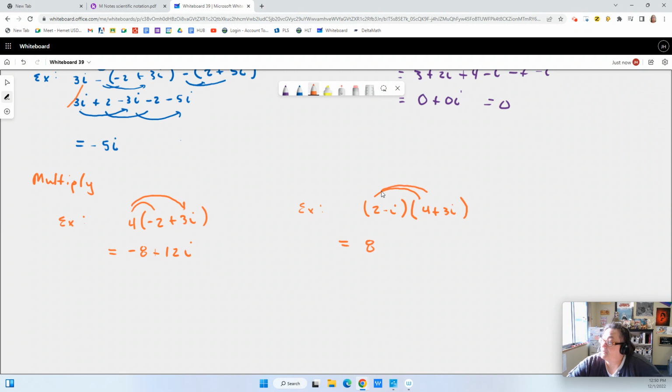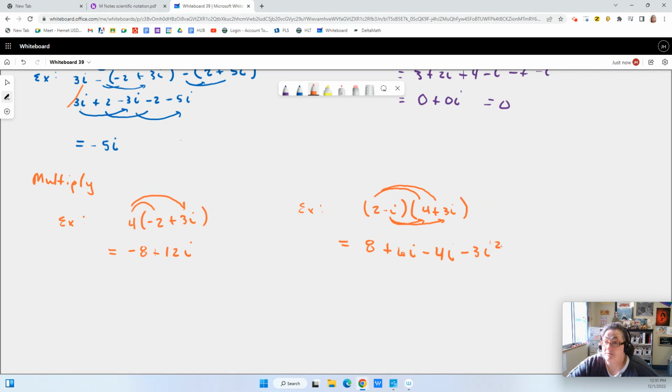And then we're going to multiply our 2 times 3i. Well, that's going to be plus 6i. And then I'm going to take this, right? I'm going to go -1 times 4, and that's going to give me -4i. And then I've got -i times 3i, and I am going to get -3i squared,